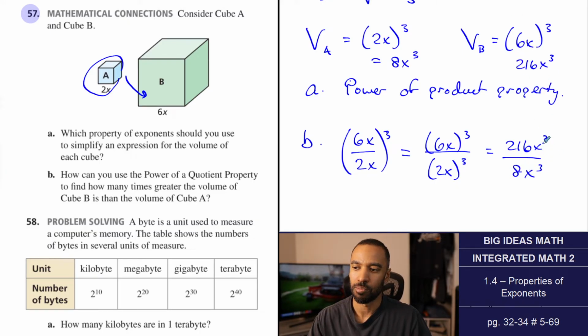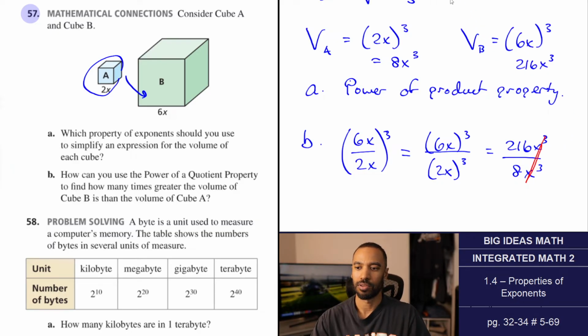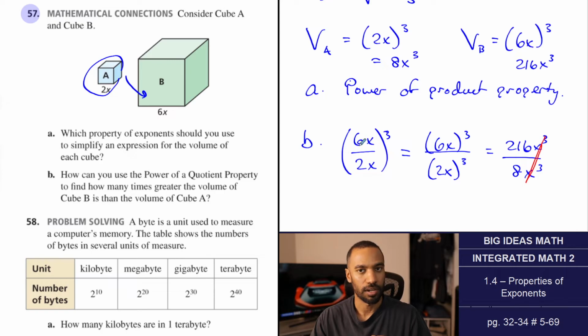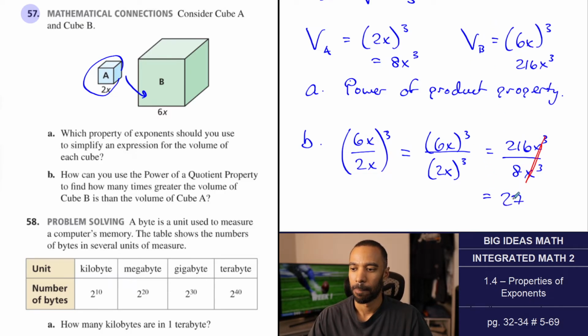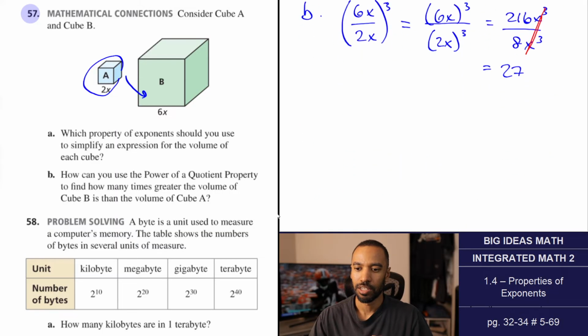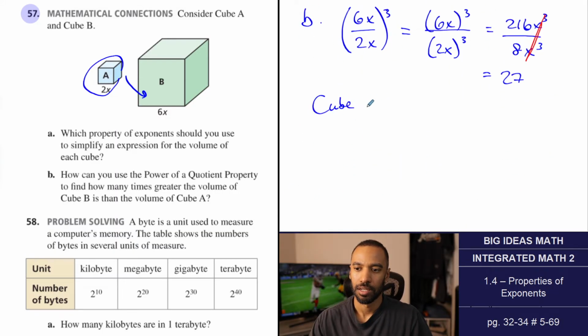X cubed over x cubed is 1, and you're left with 216 over 8, which, by the way, can simplify because 6 over 2 could have simplified. So this becomes 27. Cube B is 27 times larger